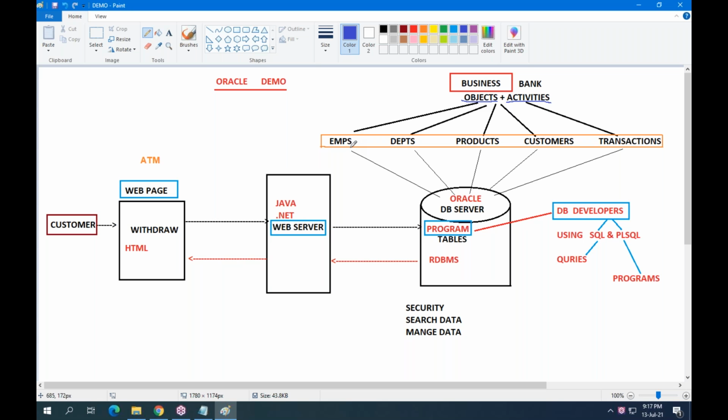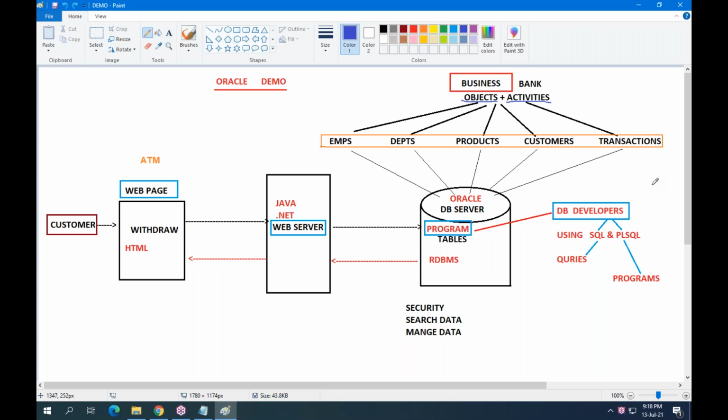In any business we have employees, departments, products, customers, transactions. These are known as objects and transactions. From each object and each transaction, information will be generated. For example, employee ID, employee name, salary, designation, join date, project code, department ID. This is employee data.